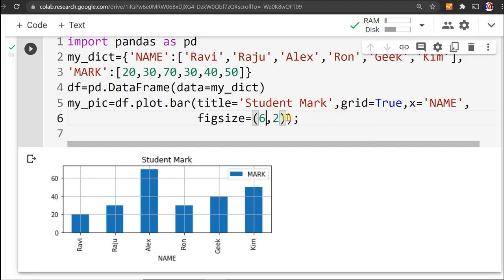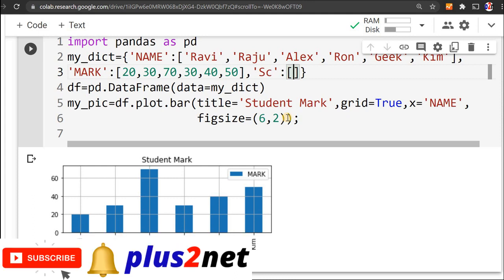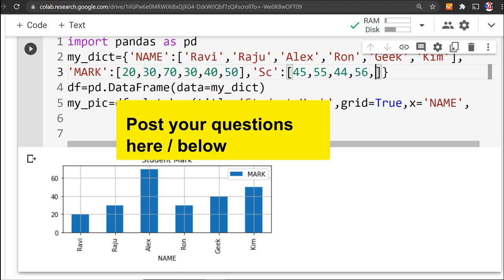Now what I can do is add one more subject here, because we will use two graphs, two subject marks. So we'll say this is science. I am not writing SC, I will say that it is okay. This is 45, 55, again 44, 56, 49, 3, 4, 5. One more we have to go. Let's say 50. So there are two subjects I am giving here.